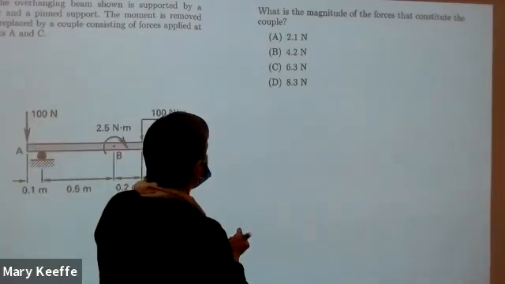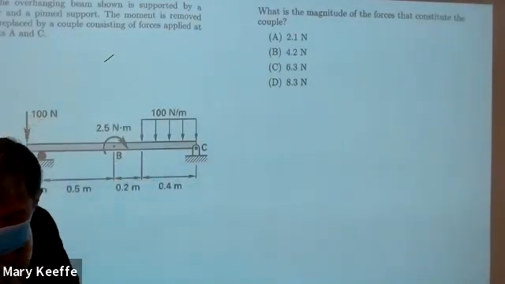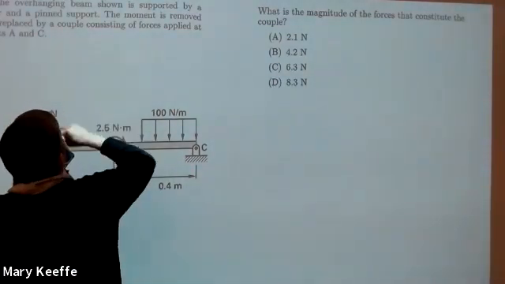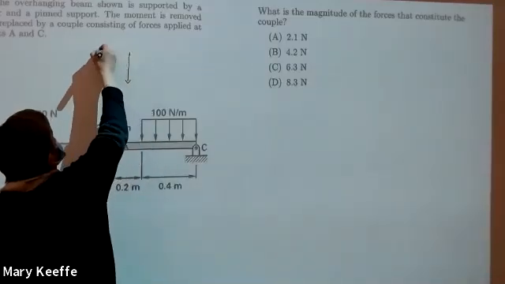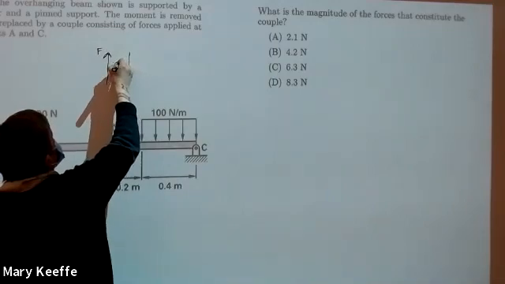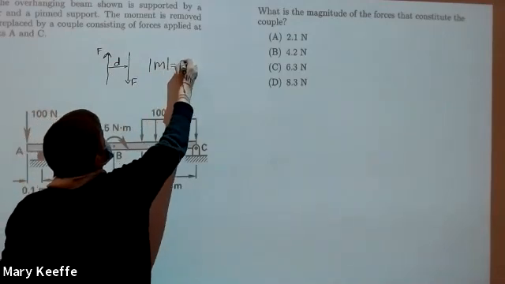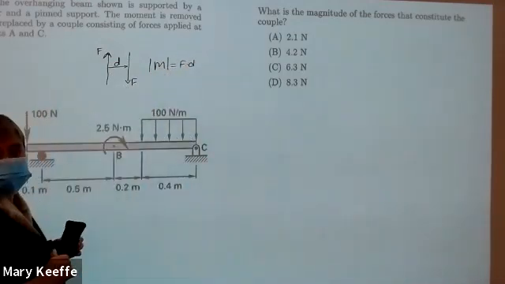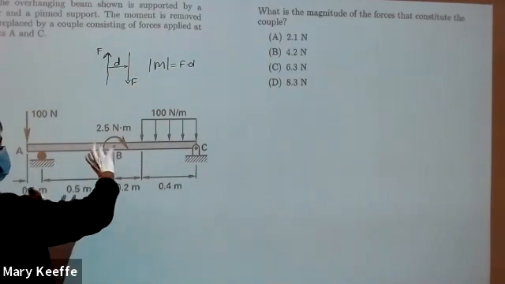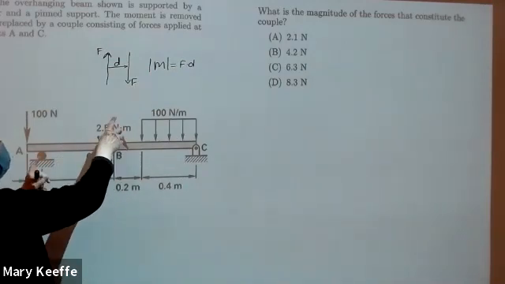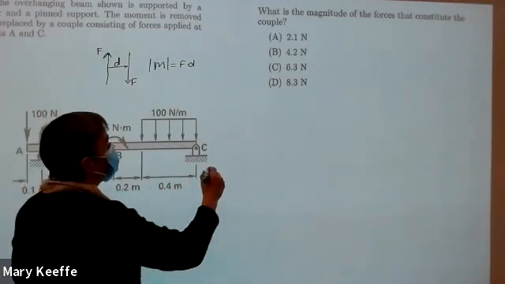So remember, a force couple is, you put it here, I have a force in this direction. I have a force like this and a force like this. That's F. This spacing is D. And the magnitude of the moment for the couple is force times whatever the spacing is between the two of them. Okay? The beam can't tell if there's a difference between having this moment applied or having two forces applied at the right distance. So what I need is 2.5 Newton meters